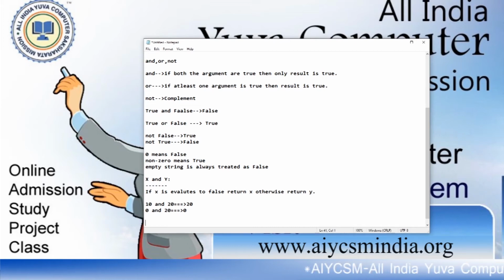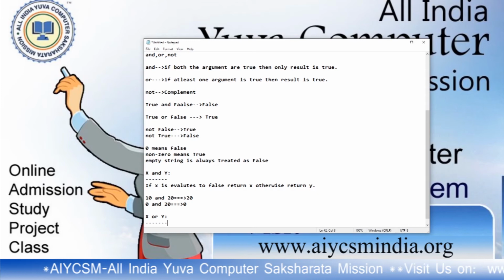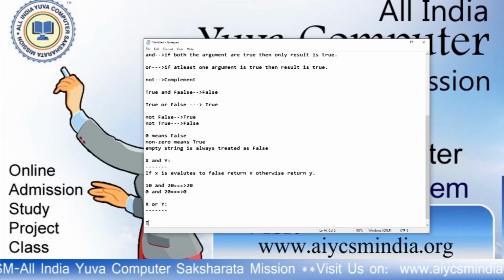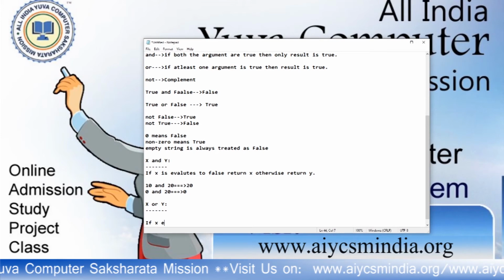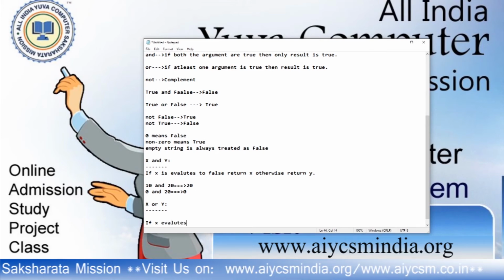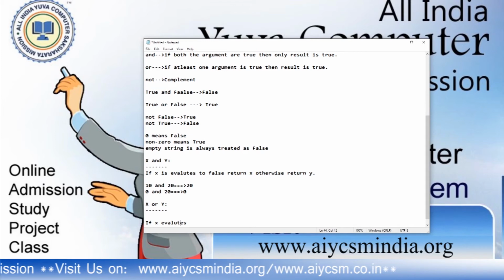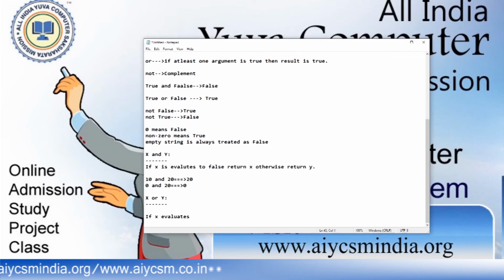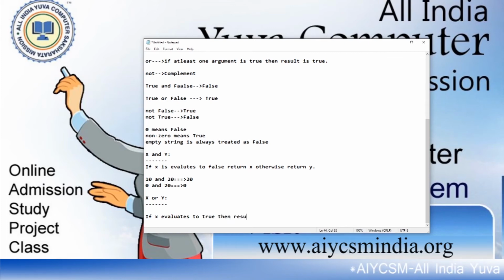Now x or y. What is the logic? The logic is that if x evaluates to true, then the result is x, the opposite of AND.